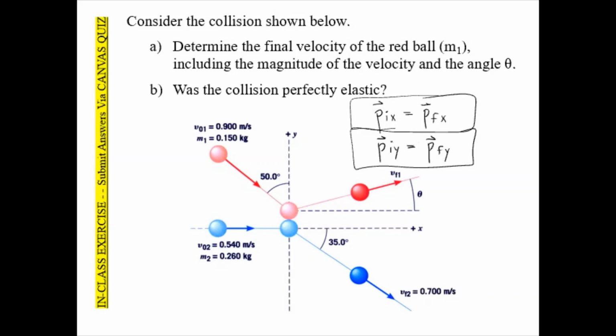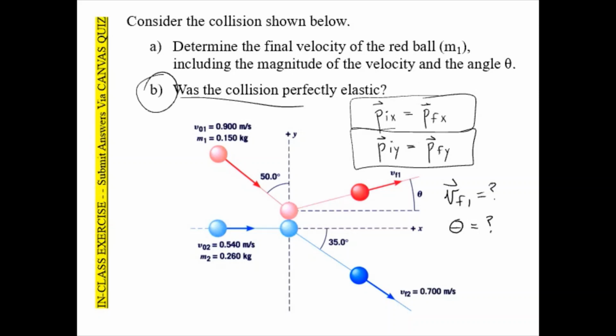And what they want us to figure out is how fast does the red ball move after the collision, and at what angle here, theta, does it move off. So you're looking to solve for V final for ball 1, the red ball, and you also want to know what angle it launches at. Okay. And so that's part A, and then furthermore in part B of the question, it wants to know,